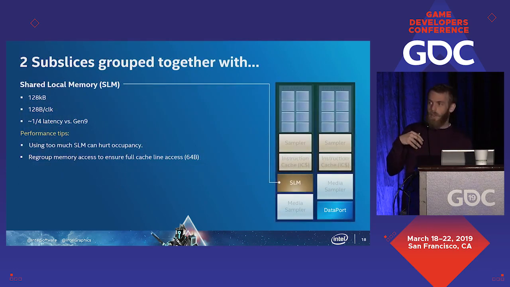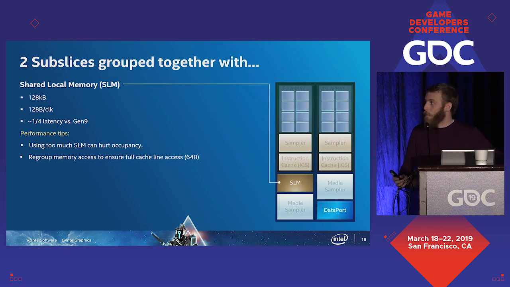Now, there is one thing that's pretty new about Gen11 over Gen9, is that we have been moving the shared local memory from the main memory to the subslice. And basically, we've been grouping 2 subslices together with shared local memory. Shared local memory is 128 kilobytes, which is 4 times what the Microsoft specs allows. And it's capable of 128 bytes per clock throughput. And as we moved it closer to the subslices, we now have a quarter of the latency of Gen9. So that's pretty exciting. We're looking forward to seeing what you guys are going to be doing with the additional